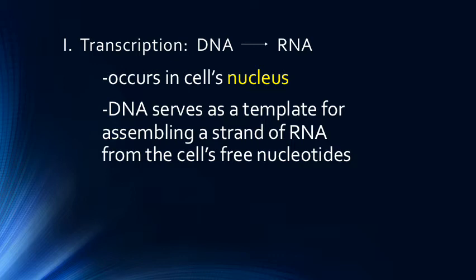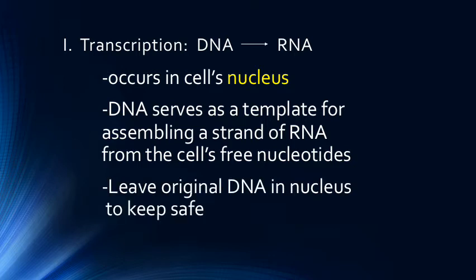Remember when we talked about DNA replication, we said that the cell has free nucleotides. We have free nucleotides made of RNA as well. And so by using this process, evolutionarily speaking, we are able to leave the original DNA inside the nucleus for safekeeping. So if you think of DNA as being the hard drive of our bodies,